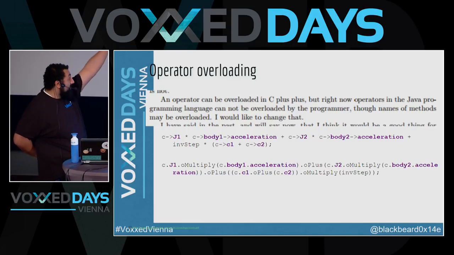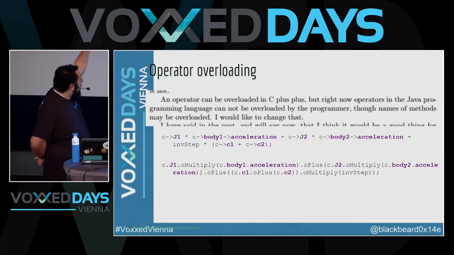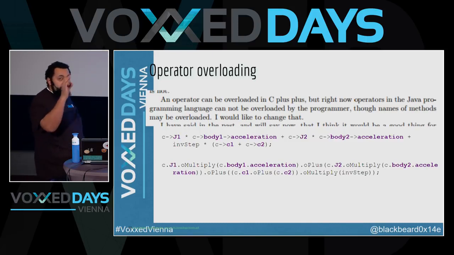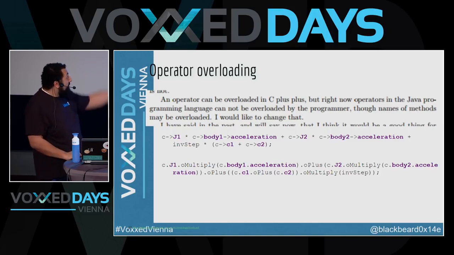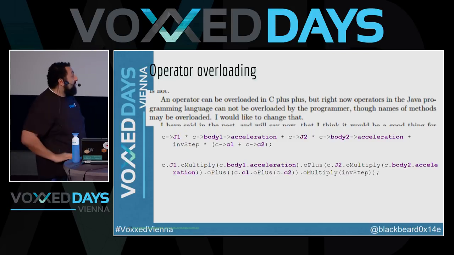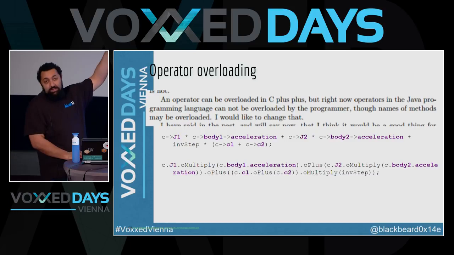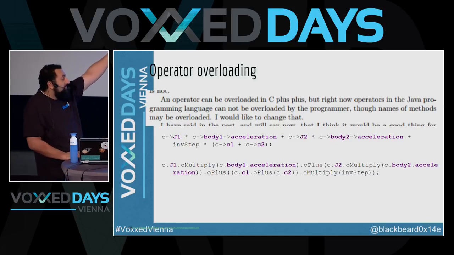But yeah, the first line of code is basically the line of code from the C++ version. And the one below, that is how I did it in Java. I chose to prefix anything with a lowercase o, that would mean it's an operator, and then multiply, plus, minus, whatever. Maybe it's not the best way, I'm not sure, but to me it was the best way, it worked. And I find, I created this and I think this is bad. This is just not readable, it's very error prone, this kind of stuff.